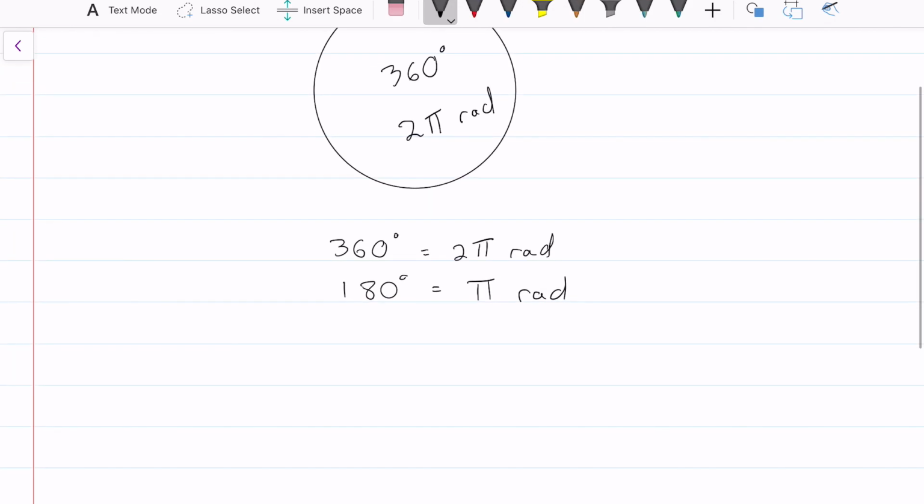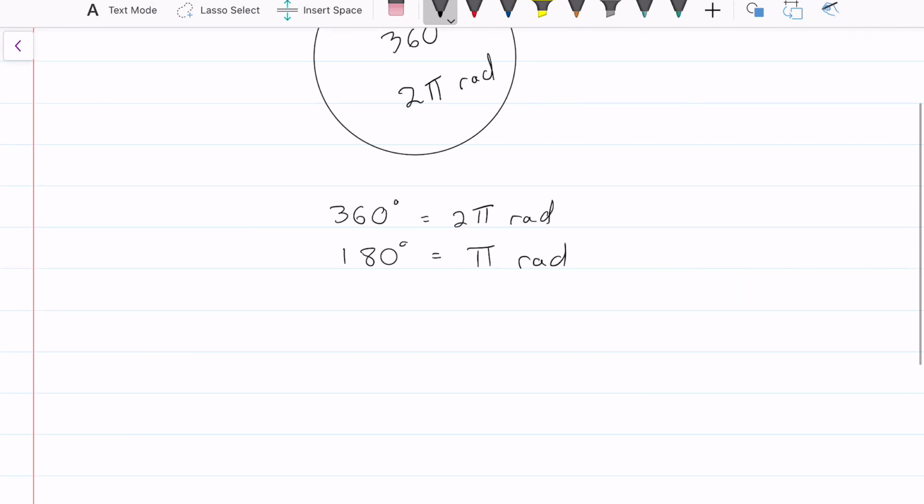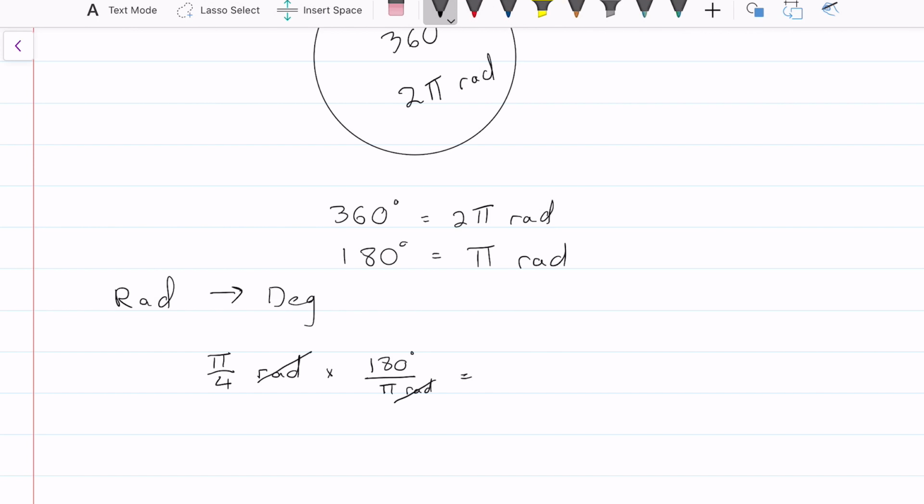Okay, so now let's get into some questions. I want to convert from radians to degrees. So how can I do this? Let's have 4 pi, and I want to get it to degrees. The easiest way to do this, or the way to make sure you don't make mistakes, is to just write out units and make sure they cancel. So I have 4 pi radians, and I want to get rid of the radians. So I have to have the degrees on top over pi radians, equals, these radians cancel, and it gives us